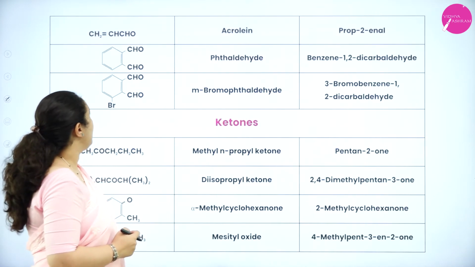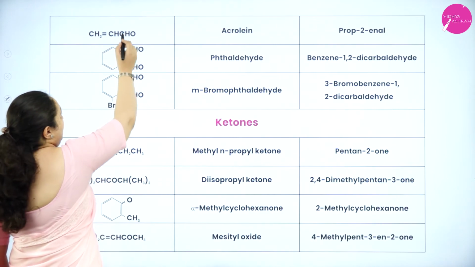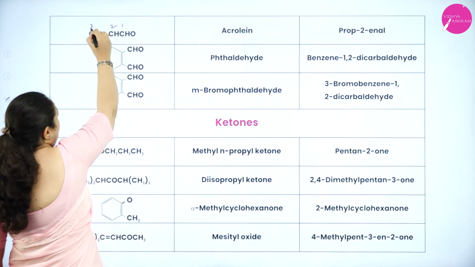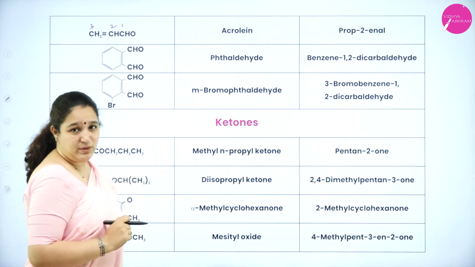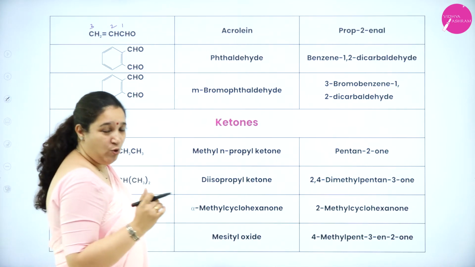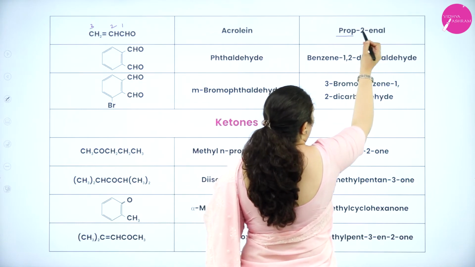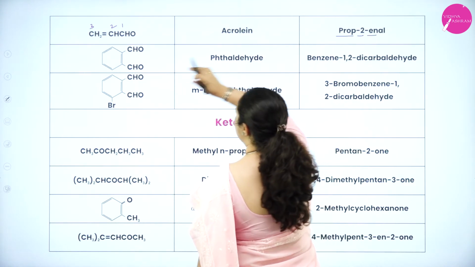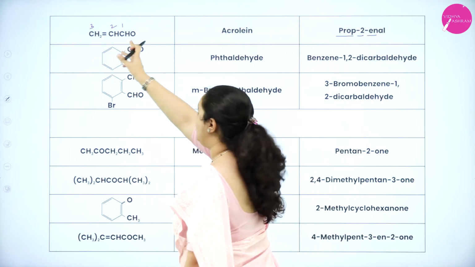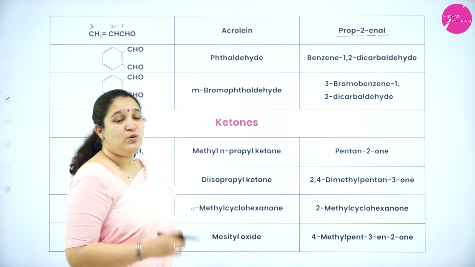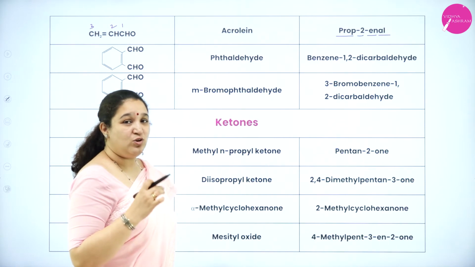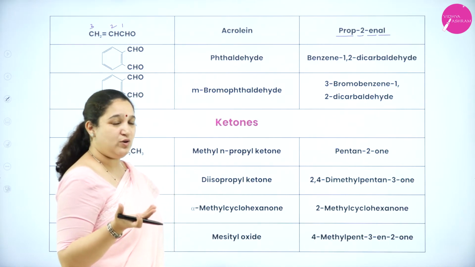Next we have something with the double bond. So it is 1, 2, 3. So in 1, 2, 3, between the second and the third you have the double bond. So you will write prop, root word, 2-ene, that is between second and third double bond. So 2-ene ending with al. Okay. So it is propene. Or you can write 2-propanol also, it is right.